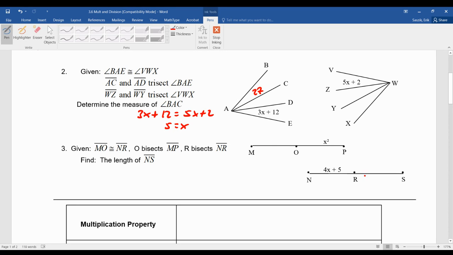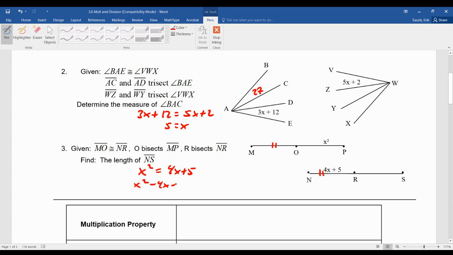Now, this next one's similar as well, but instead of being told that the wholes are congruent, we're told that these 2 separate pieces are congruent. You see MO and NR. But then we're told that O bisects this whole thing and R bisects this whole thing. So I hope it follows then that if this piece is congruent to this piece, and these are both halves of these wholes, and these halves are congruent, the wholes would have to be congruent as well. So all 4 of these pieces